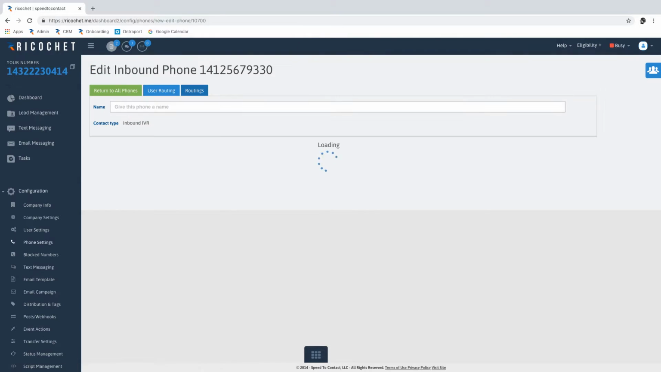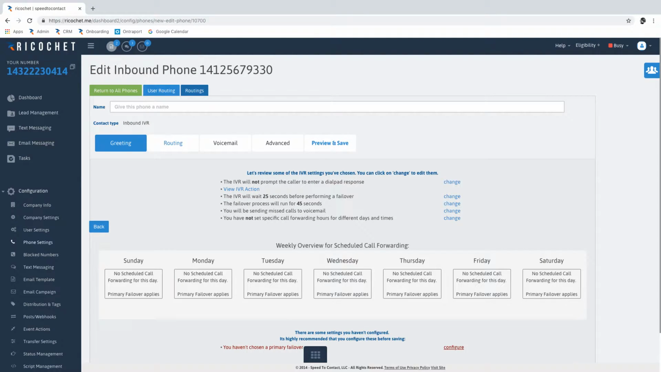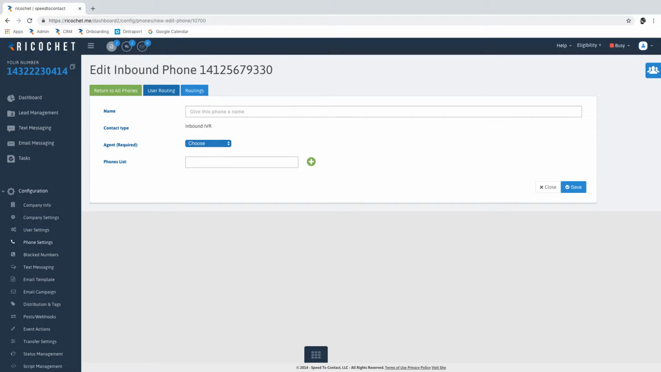So the first thing I'm going to show you is how to assign a phone number to a user. It's actually really simple. You're going to click on that phone number and click edit, and go into user routing. And we're just going to assign this number to me. I'm not going to save this because you are not supposed to assign multiple phone numbers to a single user. But you'll go in there and type in the person's phone number, and all you have to do is